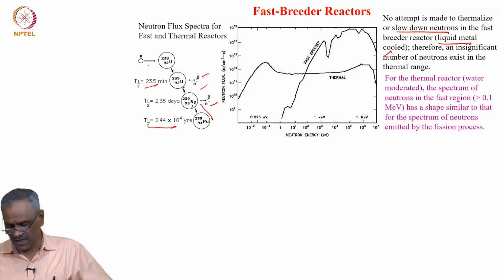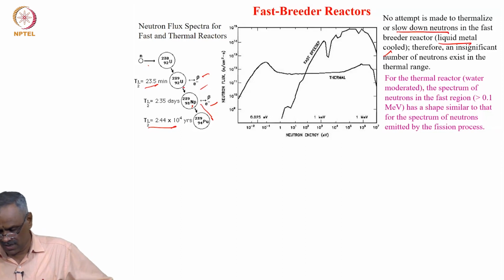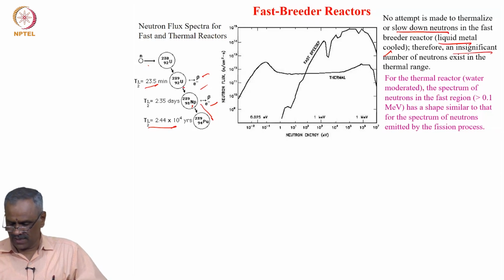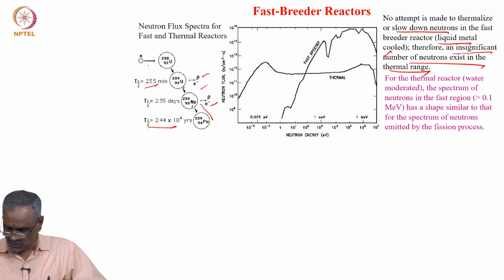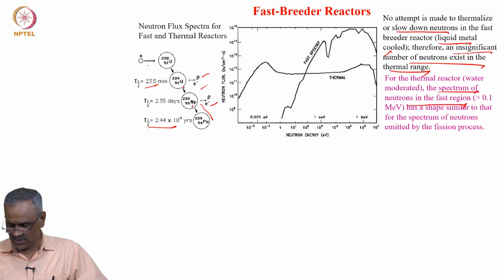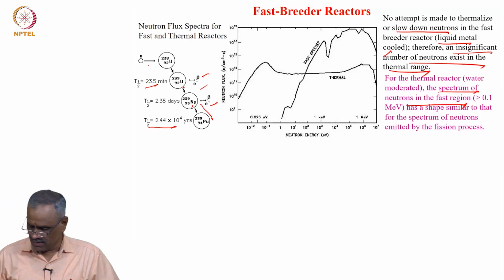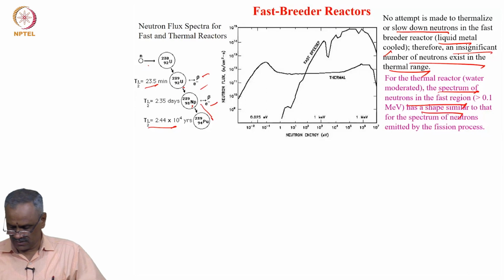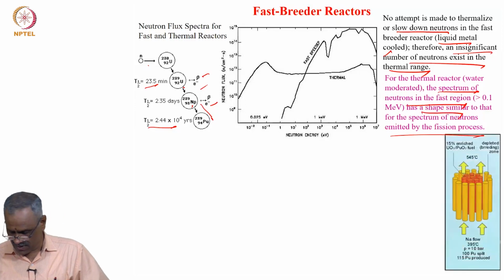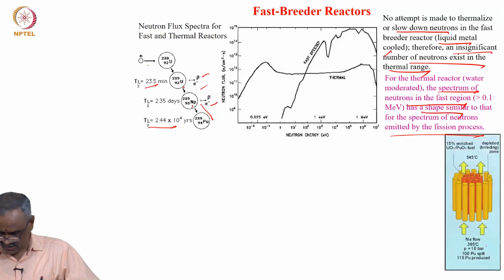Generally these are liquid metal cooled reactors, because sodium or other liquid metals are used. So, an insignificant number of neutrons exist in the thermal range. For thermal reactors, which means water moderated, the spectrum of neutrons is in the fast region, that is greater than 0.1 million electron volts, similar to what is emitted in the fusion process. And if you look here, sodium is circulated at 10 bar through the reactor,